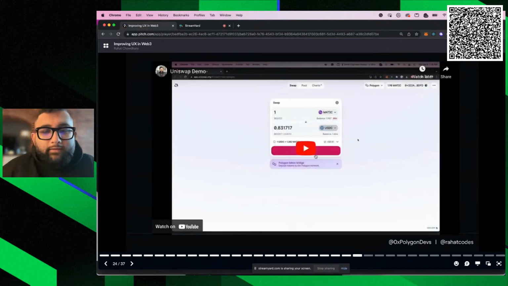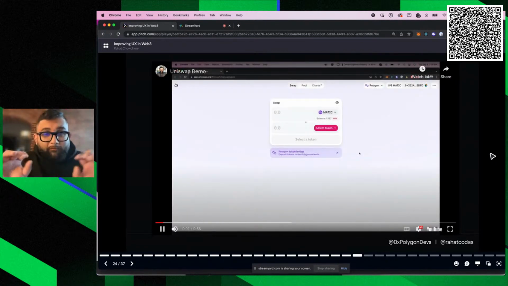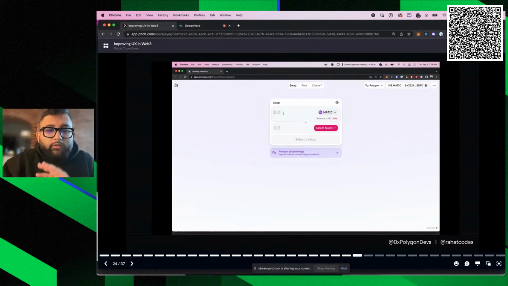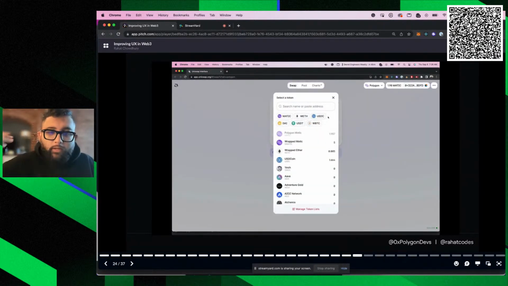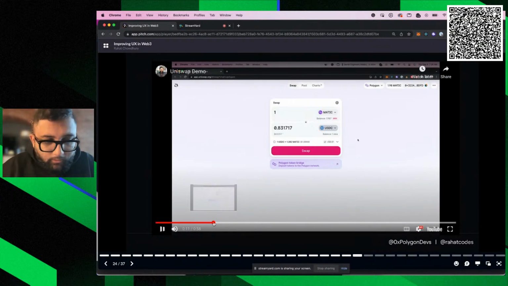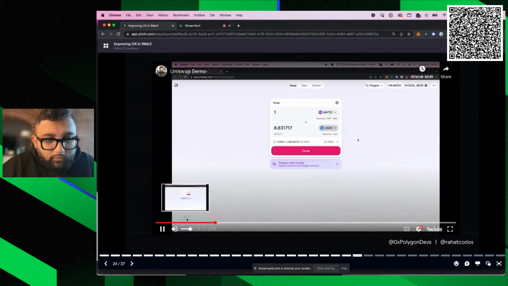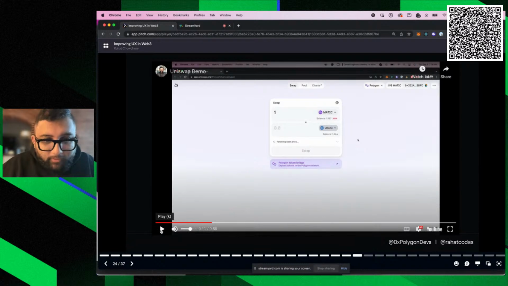Let's take another look at this through Uniswap. Uniswap does a super good job at this with a very, very basic UI, right? This is nothing but a form. It's a little box where you want to swap some tokens. So I put in one Matic and I want to swap it for some USDC. I'm going to pause it here real quick. I keep failing to pause it at the right moment. Okay, there we go. You'll see here that when I put in the Matic and the USDC,